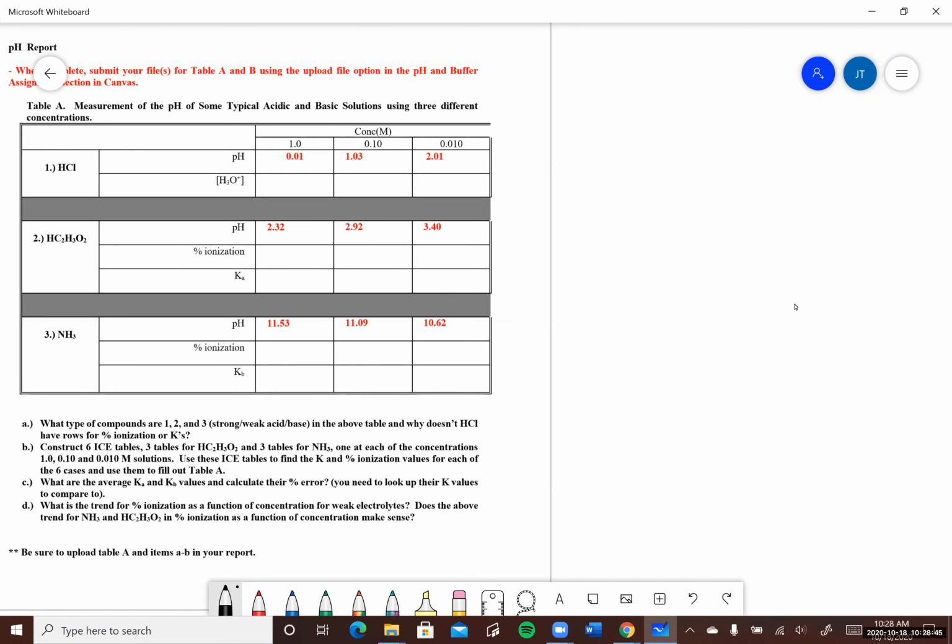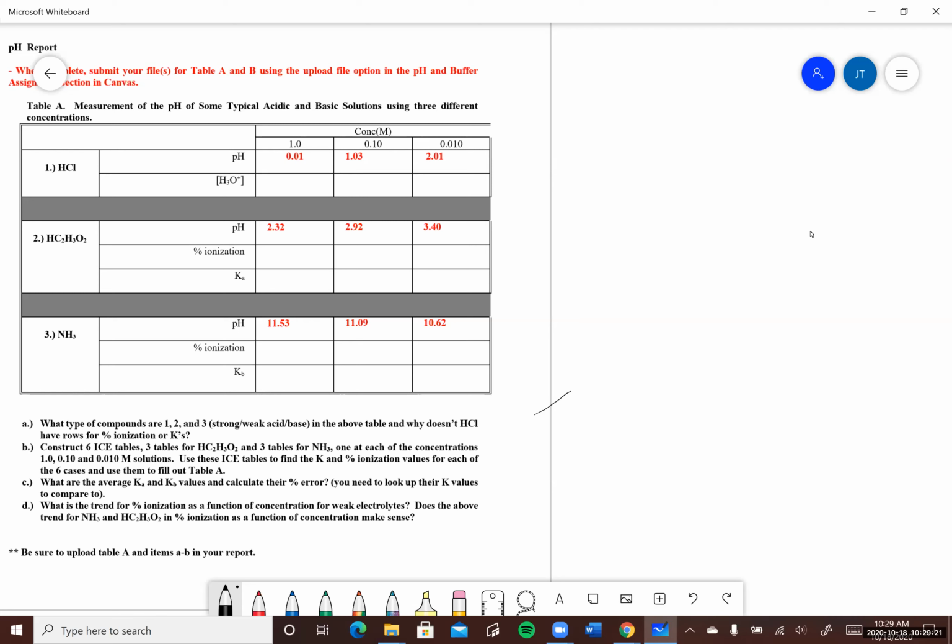All right, so real quickly on this pH report, you're just going to, again, follow the directions and upload what it tells you. So you're given this table A with 3 different compounds and pHs at 3 different concentrations. So A, what type of compounds are 1, 2, and 3: strong acid, weak acid, strong base, weak base,